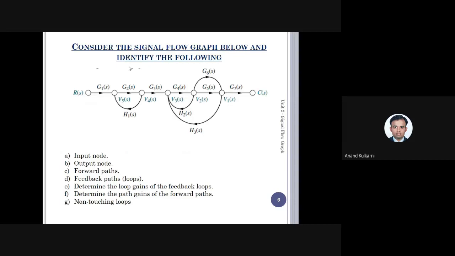I'll just explain. Now, this is a signal flow graph. This is nothing but a signal flow graph. In this, these dots are called the nodes, and those nodes which are interconnected are nothing but the signals. These are the signals which are connecting these nodes.